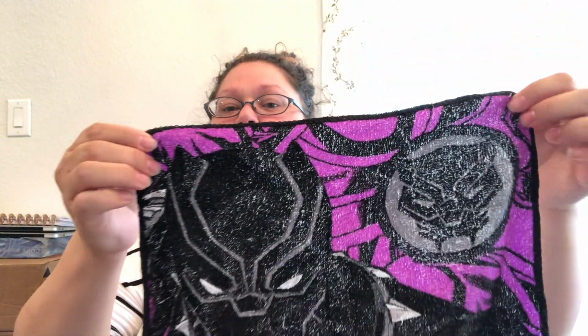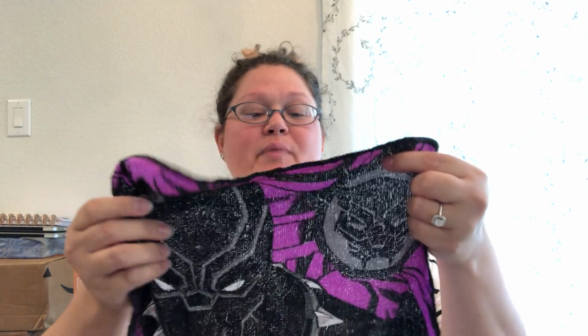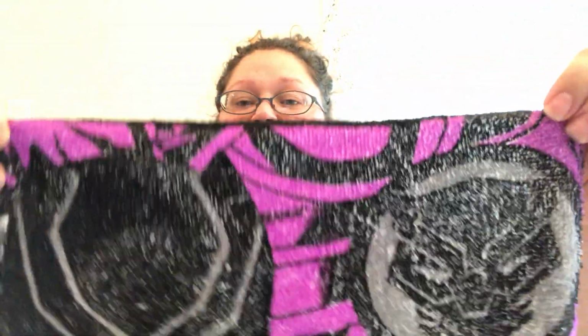So as you can see, the purple looks great. And all of the other washcloths that I've gotten, the print on it looks amazing. But because of how they do it, you can see this is the back, and the little hook and loops, they just press them down and print onto those loops. So underneath this black, if the loop lifts up, you see the white